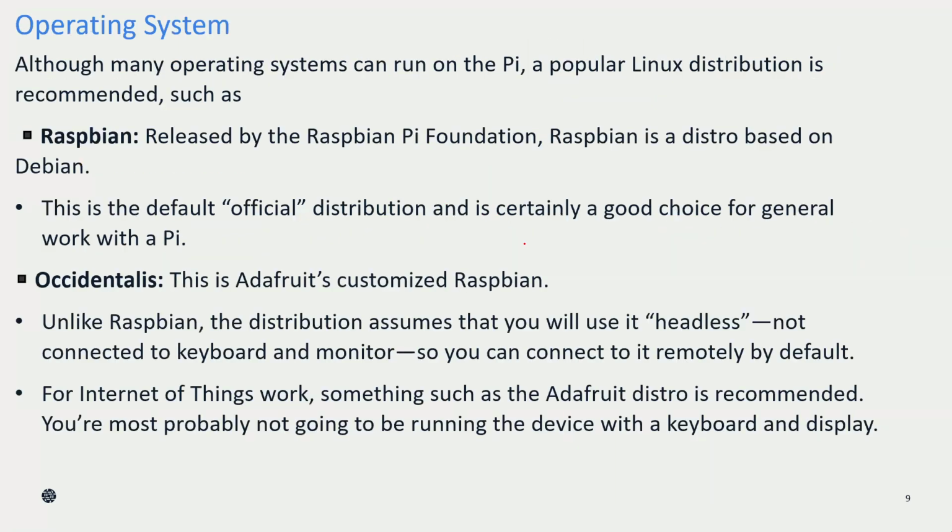Right. And the next one is the operating system. As you know, the Raspberry Pi runs on an operating system. It requires an operating system here. Now, if you talk about operating systems, there are different types. This Raspberry Pi will allow any operating system. You can install any operating system, no matter. But again, the manufacturer of the Raspberry Pi has given some suggestions, or has recommended that we use some of the operating systems.